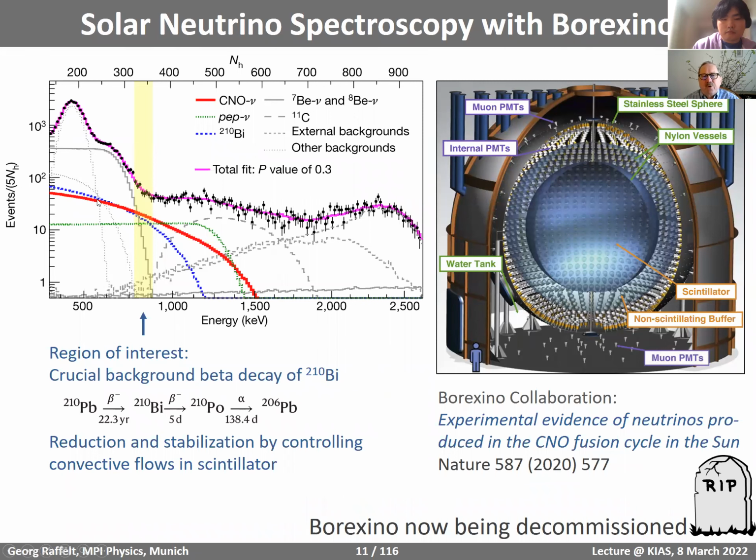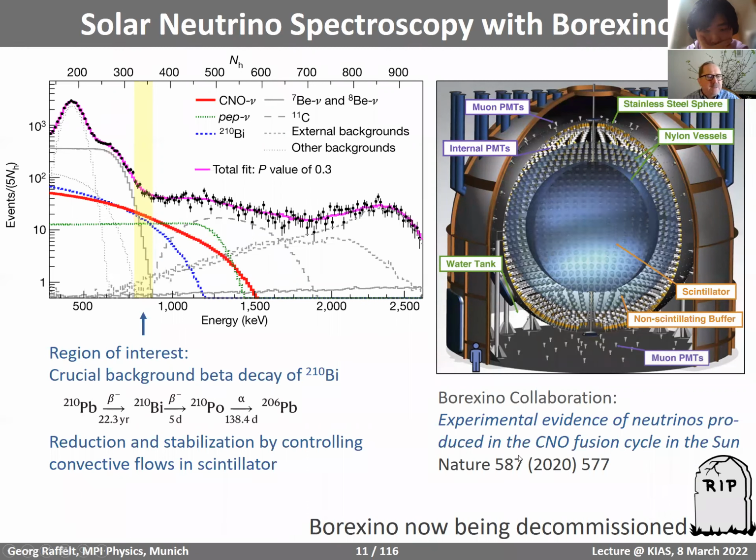So this red curve would have been the signal in the Borexino detector, the recoil of electrons hit by these neutrinos, whereas the background is that line up here. So this was a real question of being able to see that signal against that background. It was a triumph of background reduction techniques in this detector. The main background is bismuth decay, which comes from lead in the detector, and we stabilize, for example, by thermal insulation of the detector. So this was now published in Nature, and